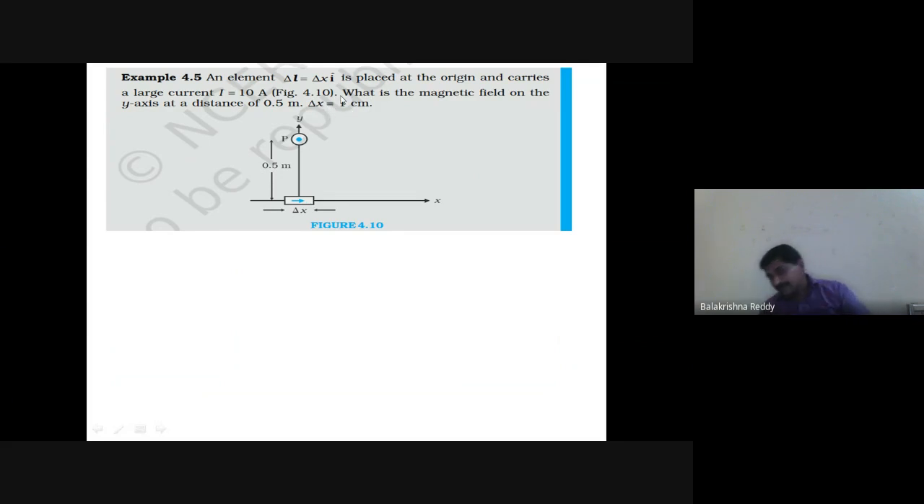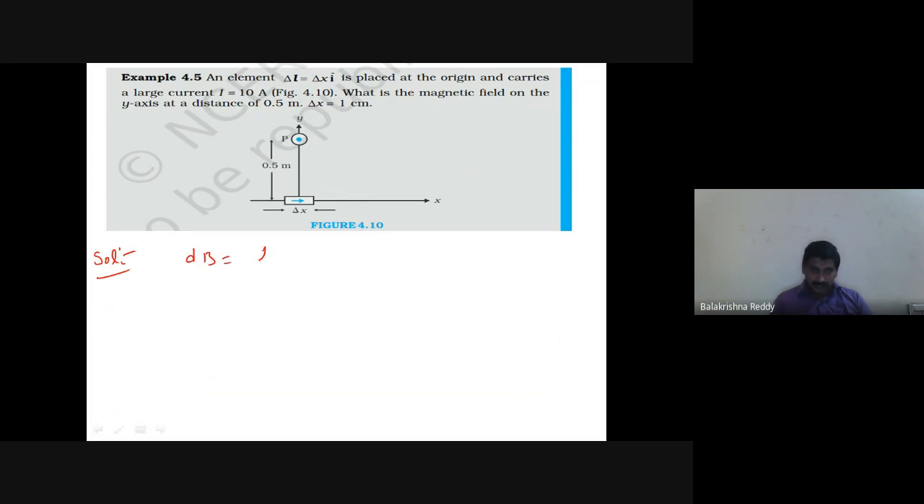So over here we need to find the magnetic field. First we need to understand which topic this question belongs to. With respect to the elemental length, we are going to find the magnetic field at a point at a distance, which is completely related to the Biot-Savart law. What is the Biot-Savart law? We can write